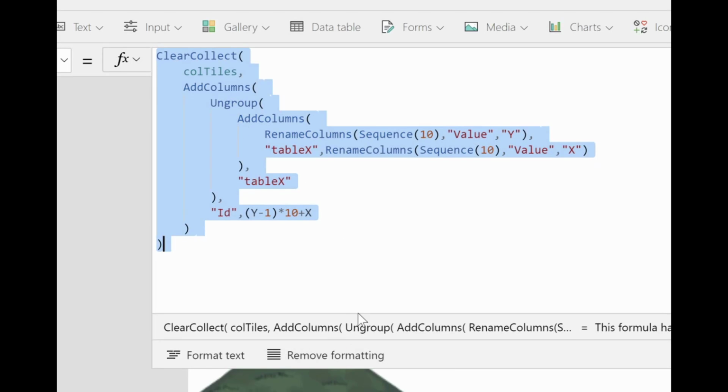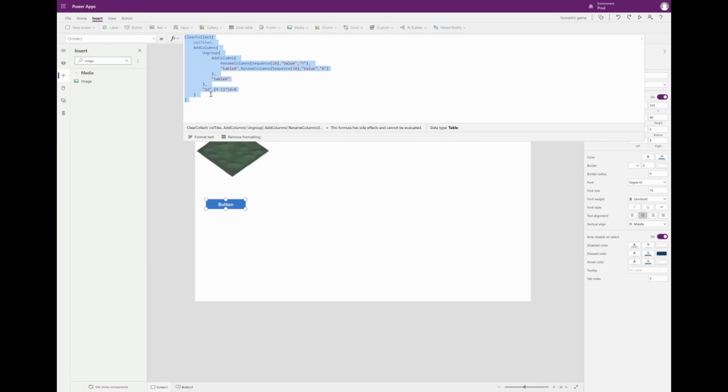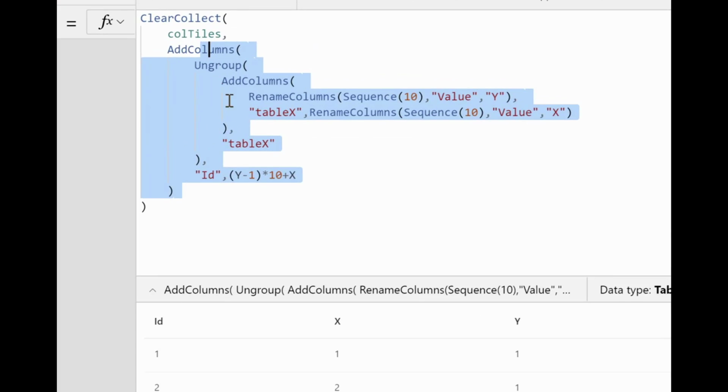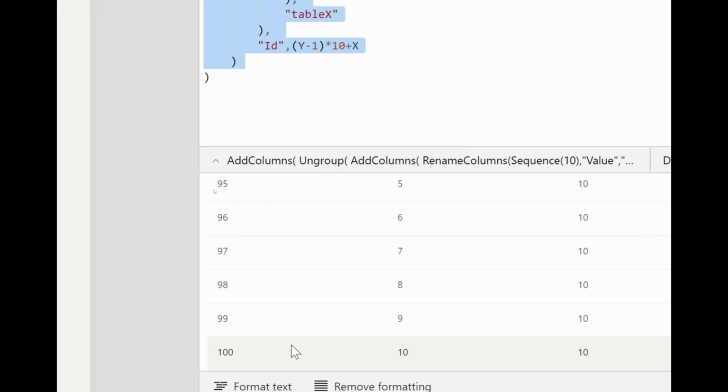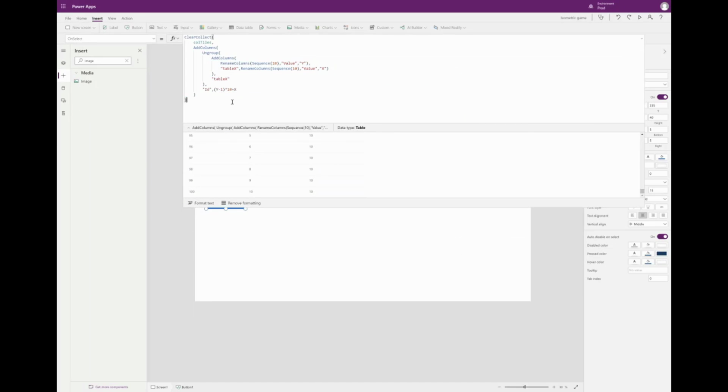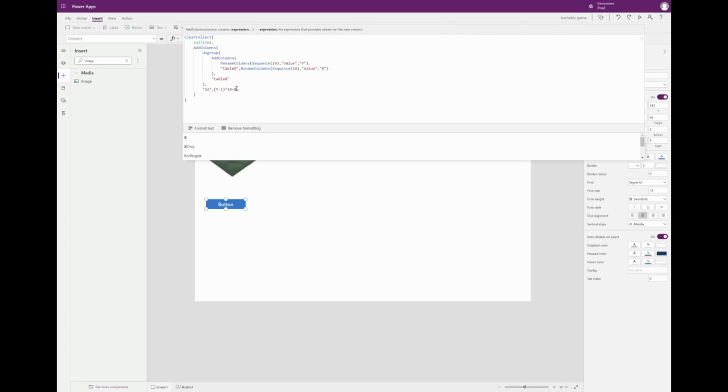So what you end up with is, let me preview this real fast. It counts from 1, I end up getting the numbers from 1 to 100 with no repeats. Okay, so they're really on their own z plane. The higher the ID, the more on top it is. Okay, so I have that. Let's go back to our